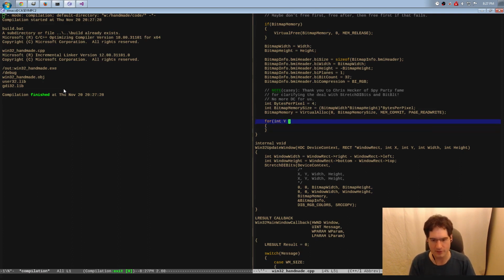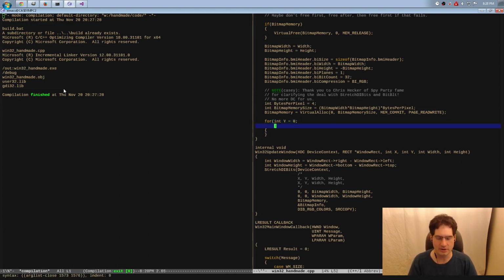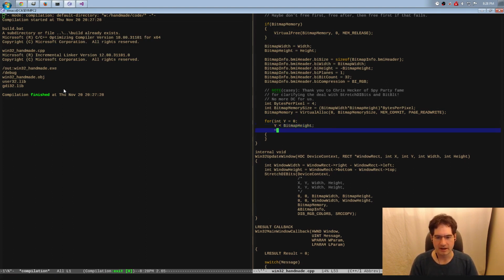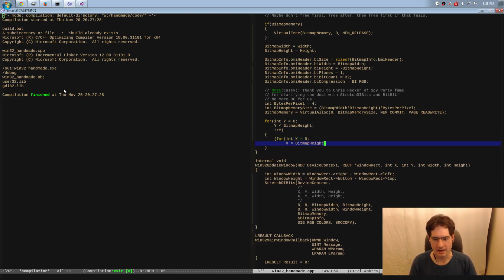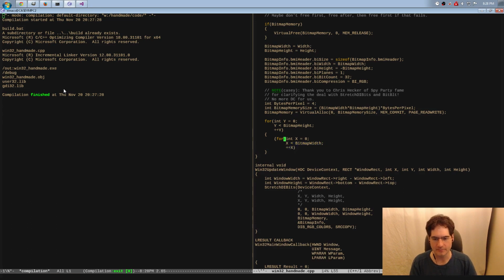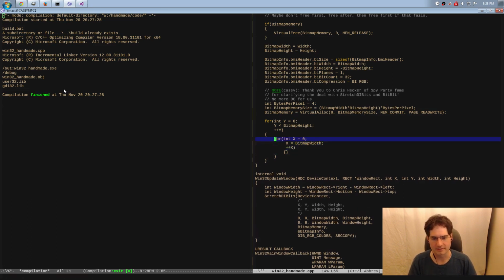We are going to go row by row through this bitmap, ladies and gentlemen. So we are going to start with a for loop that goes over the bitmap height, and we are going to look at each individual row, and for each individual row, we are going to go over each pixel in that row, and for each one of those,